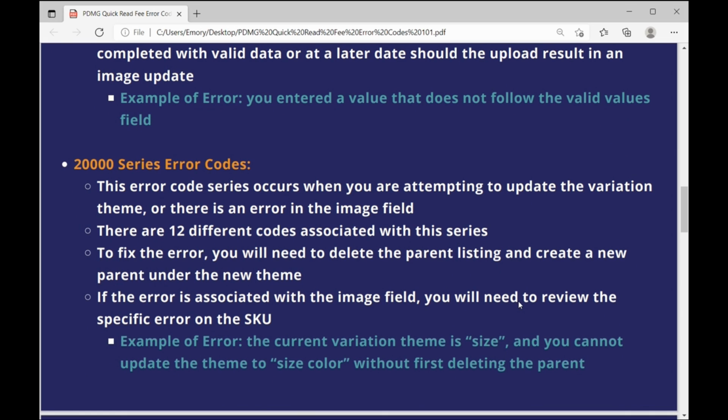To fix the error, if it's related to the variation, you will need to delete the parent listing and create a new parent under the new theme. If the error is more associated with the image field, then you'll just need to review the specific error on